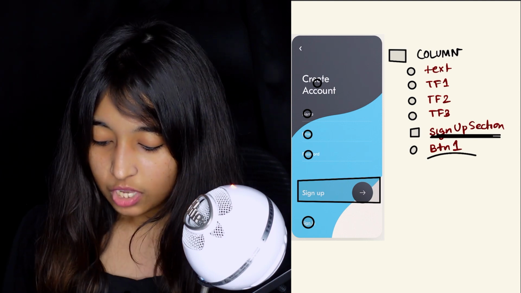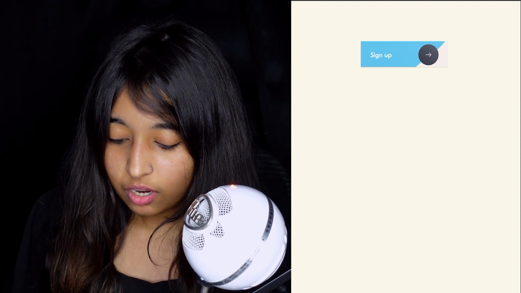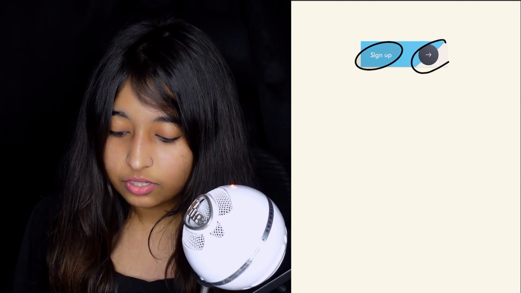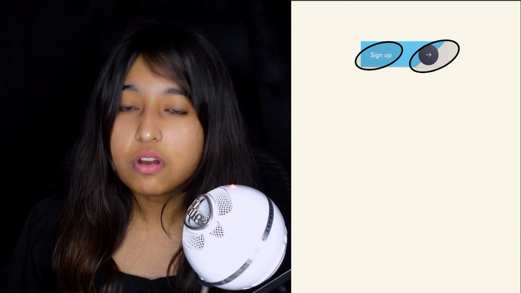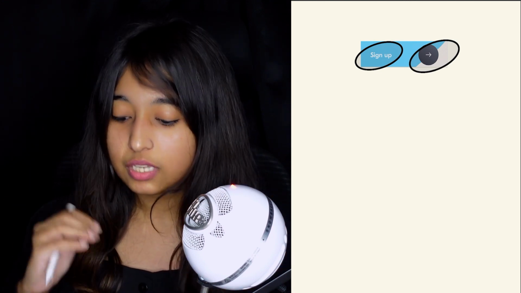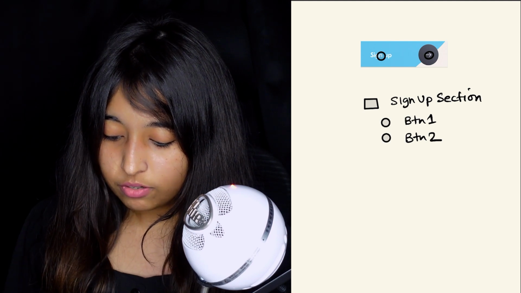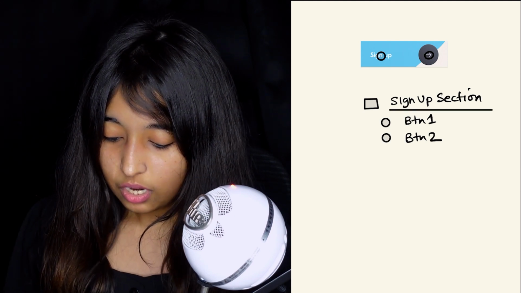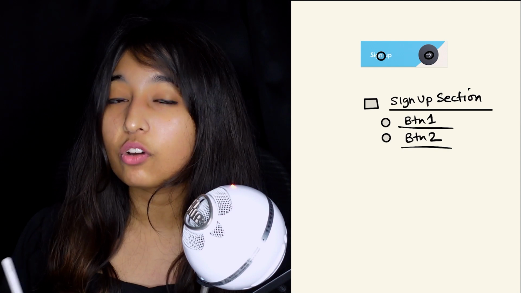Now if we talk about the sign up section, where you have 2 elements, one is a sign up button and another is the circular button, and they are placed one after another in the horizontal axis. Well, you probably already know the answer to this. This is going to be inside a row, and row is going to be the molecular level widget, and these are going to be the atomic level children of the row. So the sign up section is going to be broken down into button 1 and button 2. So that is the entire breakdown of this login flow.